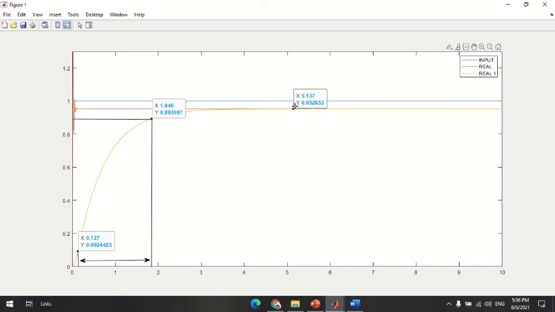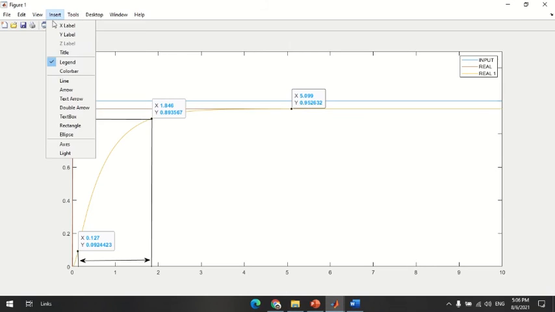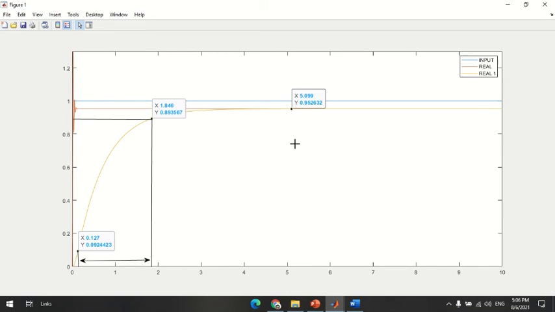We can assume it right here, and then this is the final value, and then 2% of the final value, and we can assume the TS is at here,